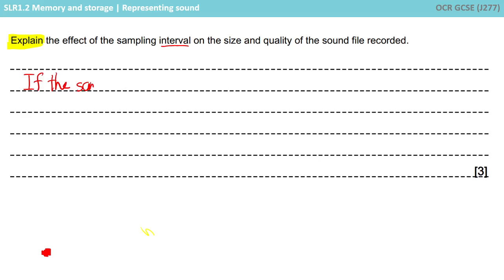if the sampling rate increases, in brackets, the interval between samples is smaller. That's basically what you're saying. You don't have to put that in brackets. So in other words, the time between your samples is smaller, so you're increasing the rate at which you're sampling. Okay. If the sampling rate increases, in other words,